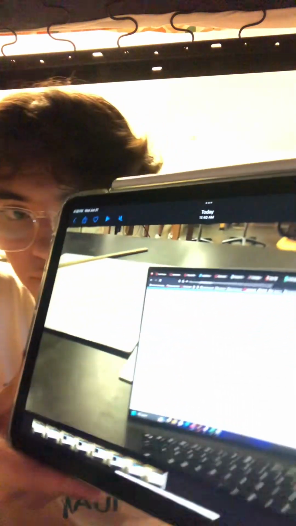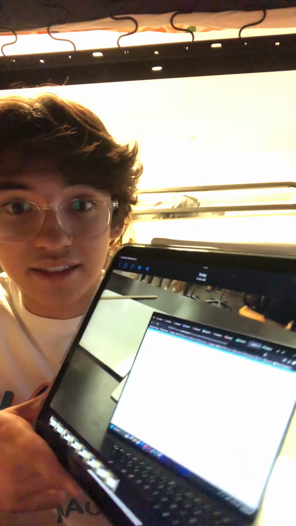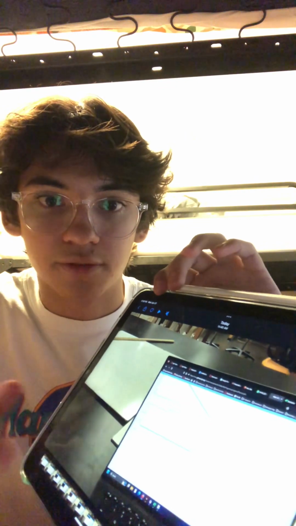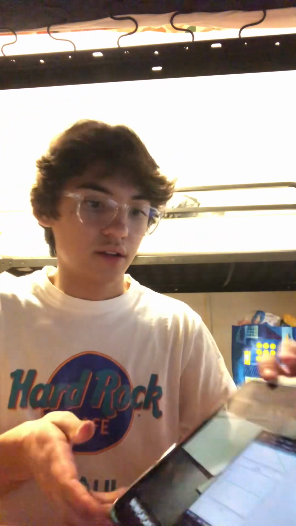And then at the end, we got the two graphs, the position versus time, which, if you can kind of see it, slopes downwards, and then the velocity versus time, which remains constant right there. And the two graphs were very similar,